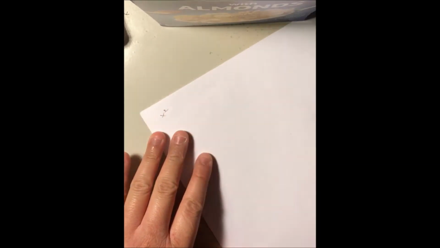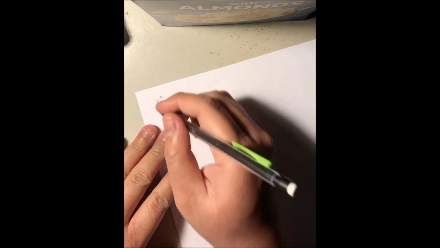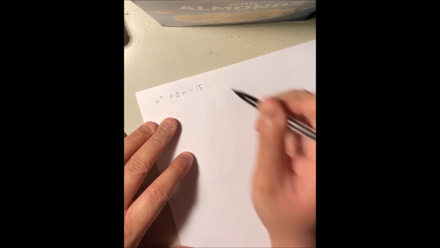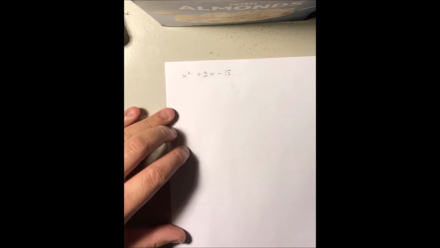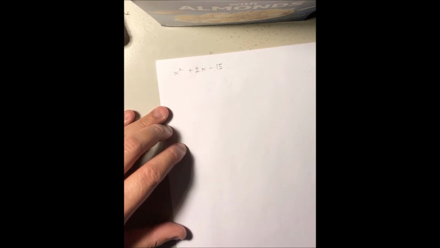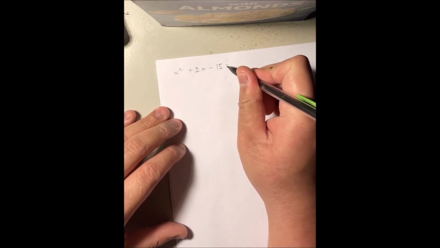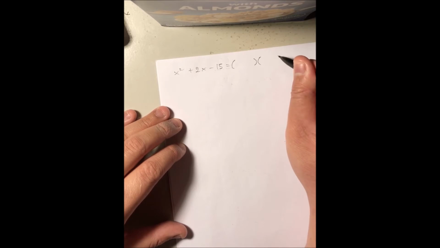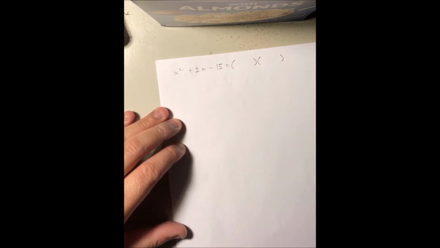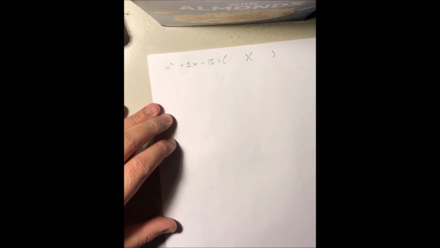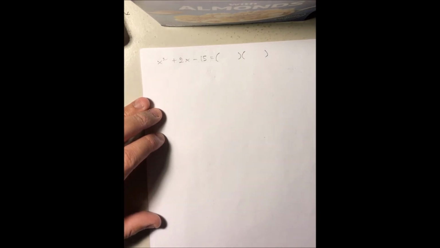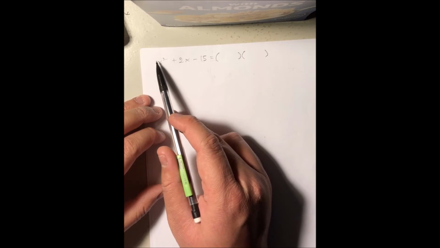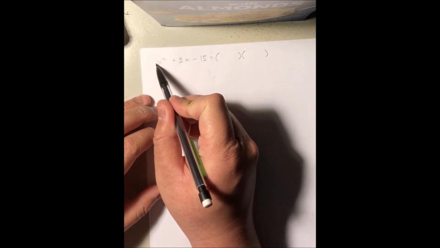x squared plus 2x minus 15. So to factor out any quadratic expression with the leading coefficient of +1, the first thing I'm going to do is to create a pair of empty parentheses. To factor out any quadratic equation with the leading coefficient of the invisible +1,